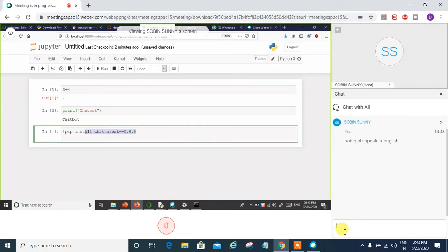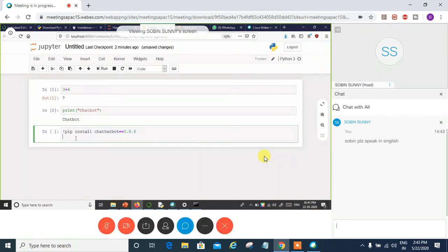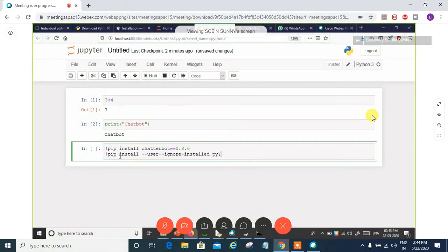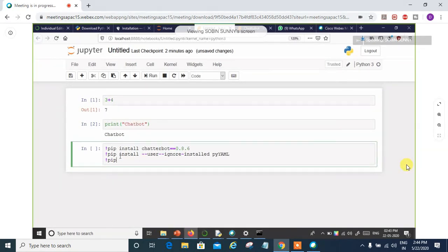Okay? If there is a PyAML problem, as I said before, just use the command pip install --user, the same command. Ignore installed pyaml. After that, you can use the command pip install --user chatbot equal to 0.8.6.